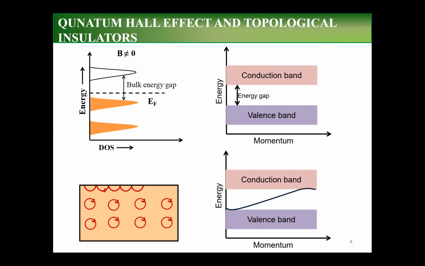However, the drawback of this quantum Hall effect system is that it requires a magnetic field, and the idea of topological insulators sparked from here by posing a simple question: is it possible to have a quantum Hall effect without a magnetic field? And the answer to this question is yes.